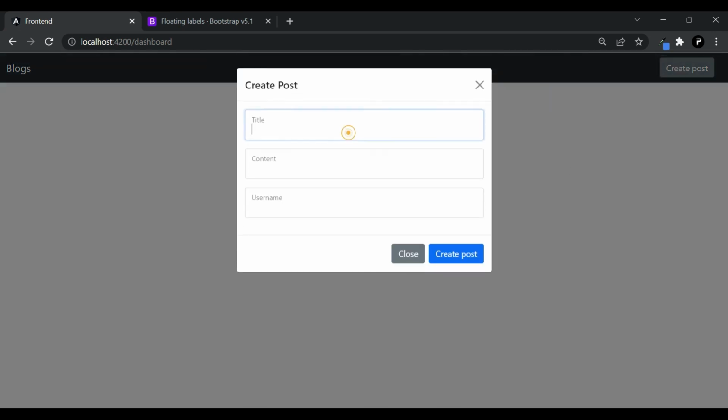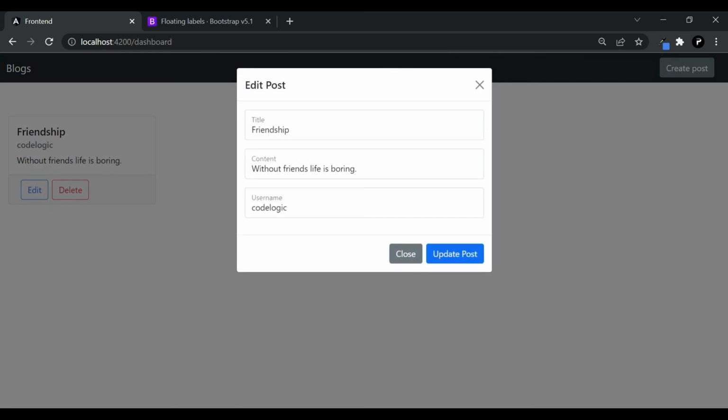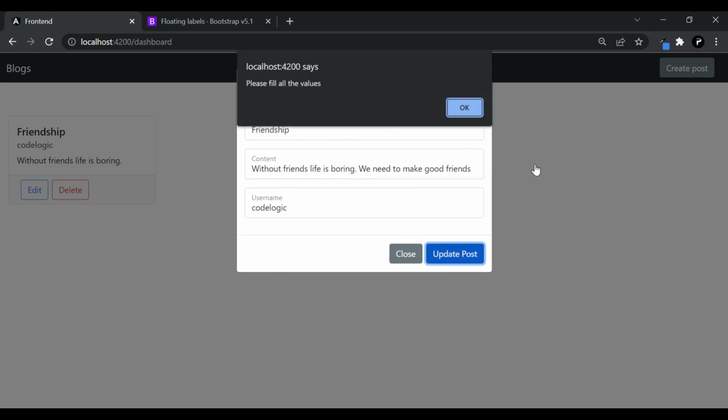Now we are going to create a new post here. First we'll add the title there. Anything, you can add anything. Okay, now we are going to write some content there, and the username. So whenever you click on the submit button, it will pop up. So now you click on the edit button. I am updating it. Whenever you click on update post, okay,